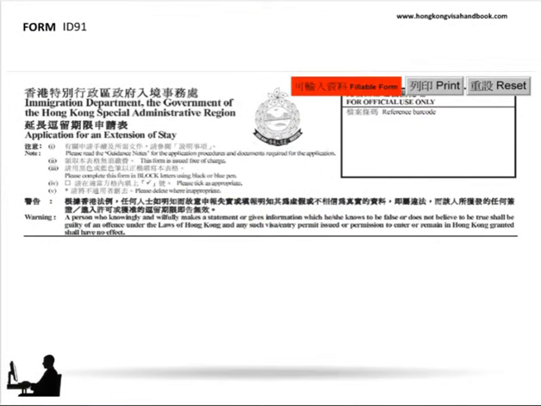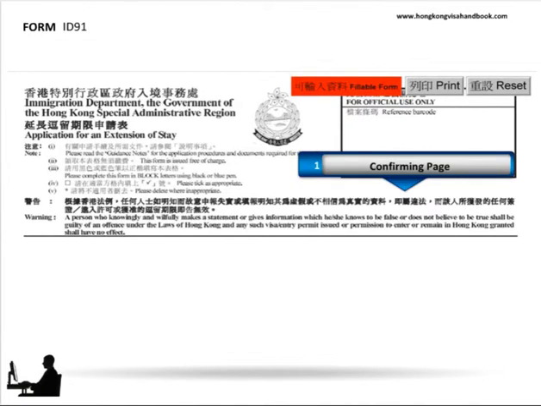Hong Kong Immigration Department Form ID91 is used for applications made in Hong Kong for change of status, change of employer, change of category, and all applications to extend a visitor or residence visa or otherwise as part of an application for unconditional stay. The application form itself is fairly straightforward, with only 5 sections requiring specific commentary, and these